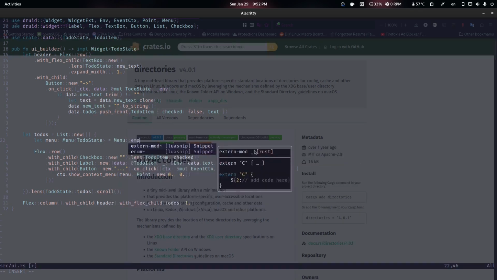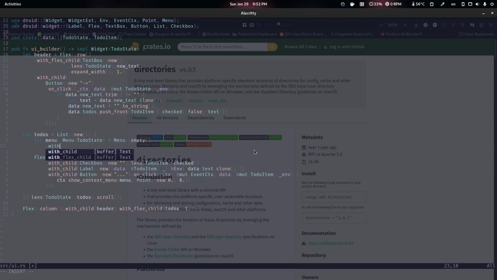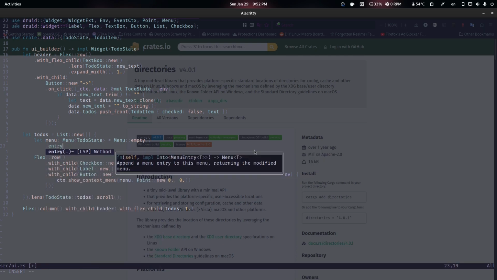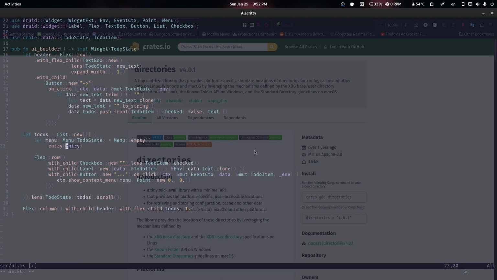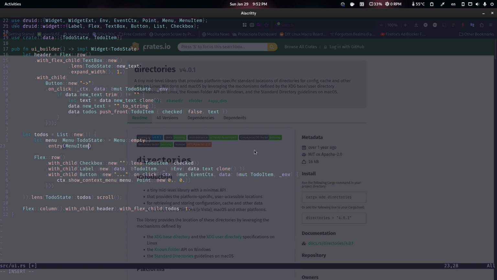Menu empty, and then we're just gonna add a with. It's not a with child, it's a menu item, right? What was this function called? Oh, dot entry. Okay. I just had a brain fart. So basically we do need an entry for this, which is going to be a menu item, if I remember correctly, right? We need a menu item, and that menu item